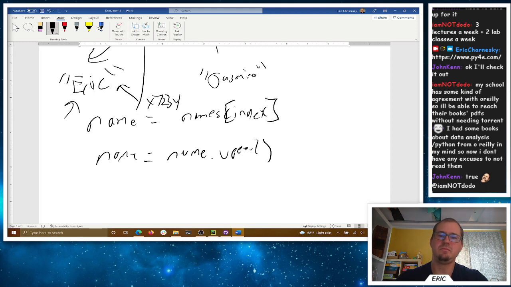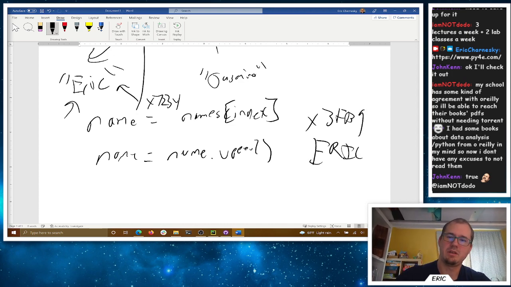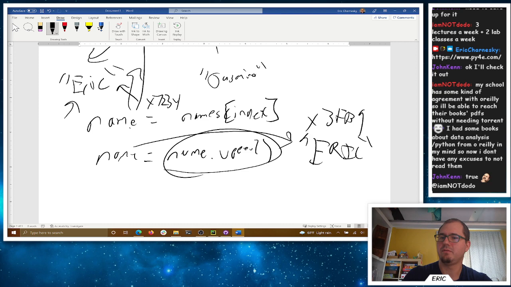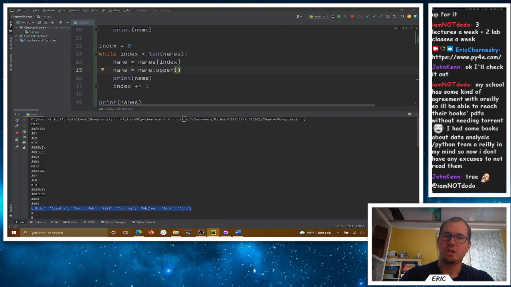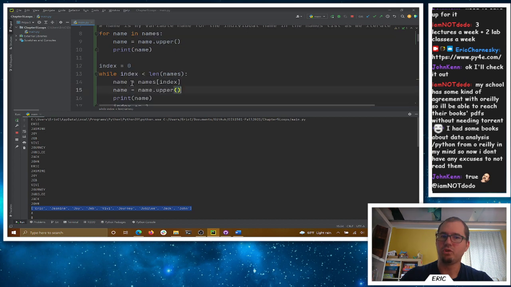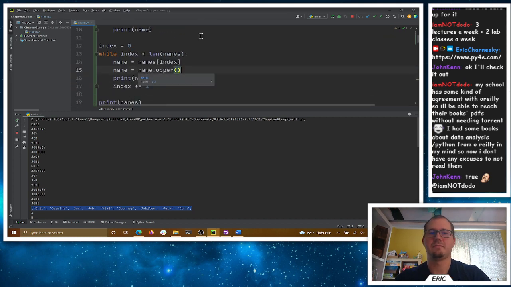So name.upper will make a new string, say like 3fb9, with Eric here. And now name doesn't point to here anymore. We say name, hey, you now go point here. So I've not really changed name. I've changed the value that I was pointing at. I made a new string in memory and said, okay, now I point here. So changing that variable inside the loop, whether it's a for loop or the while loop, we're not changing it inside the list, right? If we wanted to change it inside the list, we need to change what's stored at the index, and that we can do,